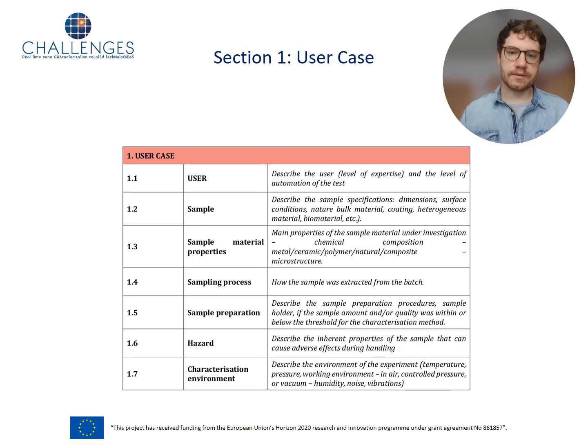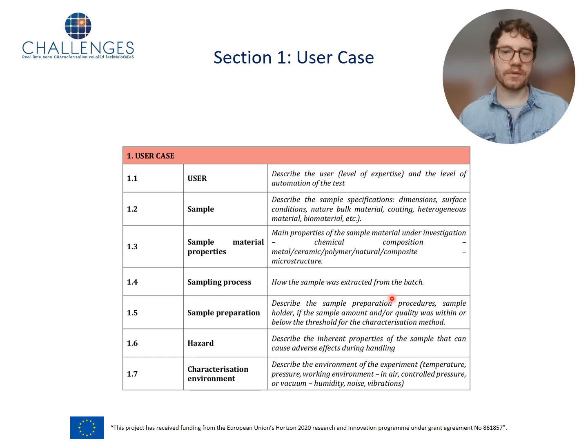The user case then has the subcategories of the user. So who is the person who employed the characterization technique? The sample, which kind of sample was used, what was the condition of the sample, the structure of the sample, some additional properties, so which kind of material was used, what is its chemical composition and microstructure, how the sample was handled